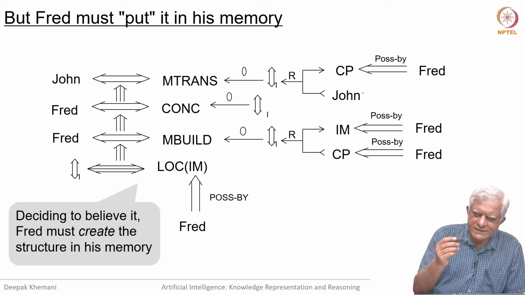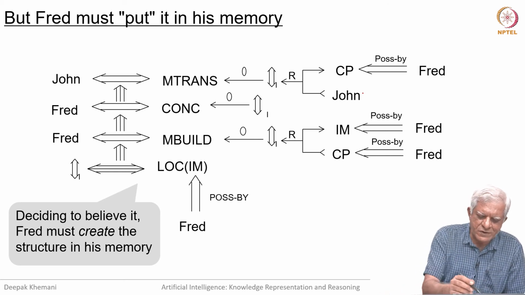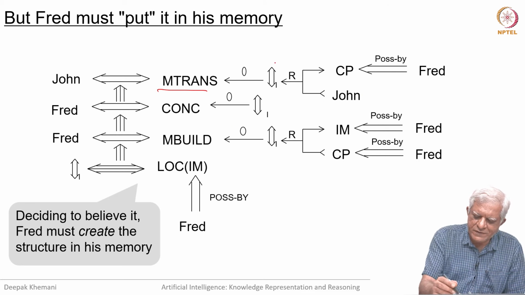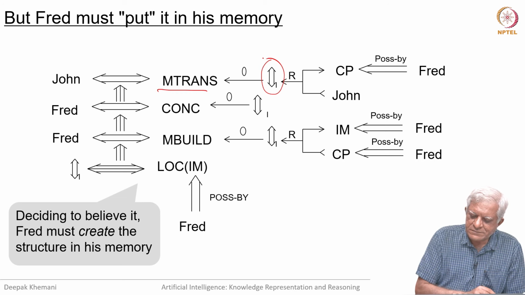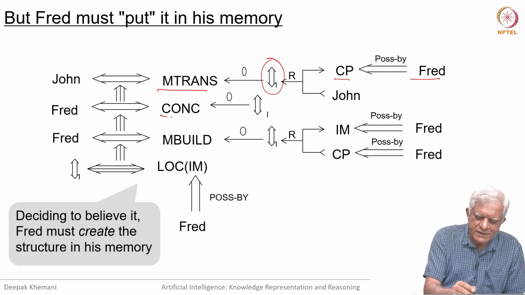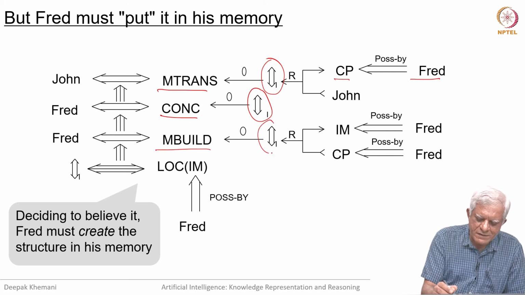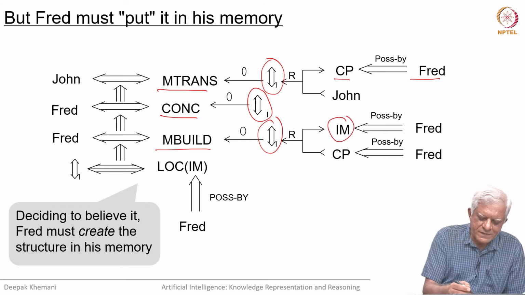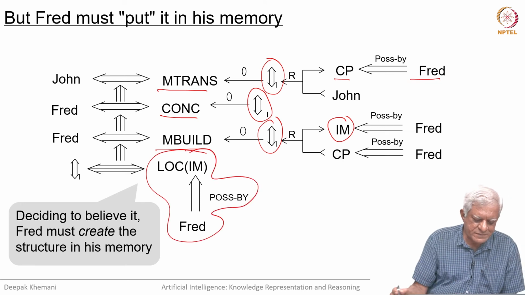So, we can model this at different levels of detail. So, John is entrancing something, whatever that something is, this event 1, from John to the conscious processor of Fred. So, Fred thinks about it, the same thing, then he builds this formula and adds it to the immediate memory essentially, as a result of which it is lying in his immediate memory.